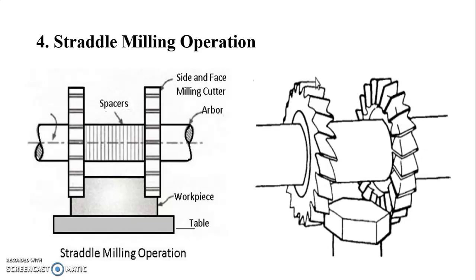Now usually two half side milling cutters are used so that they straddle the workpiece. So the workpiece is usually mounted between centers in the indexing fixture or mounted vertically in a swivel vise. So in straddle milling, when cutting a hexagonal head of a bolt, two opposite sides of the head are cut. Then the spindle of the indexing fixture or the swivel vise is rotated by 60 degrees, and other two sides of the workpiece are straddle milled. Then the spindle is again rotated by 60 degrees, and remaining two sides of the workpiece are straddle milled.